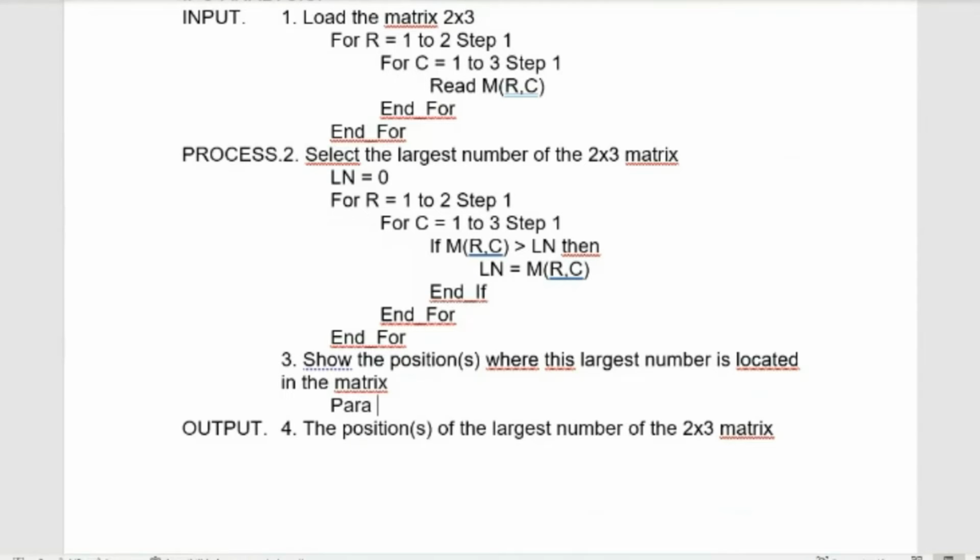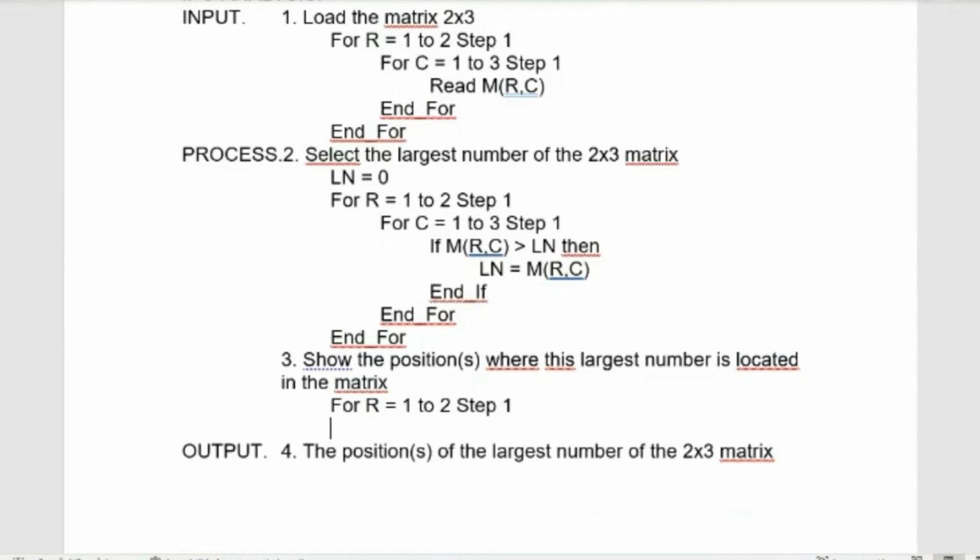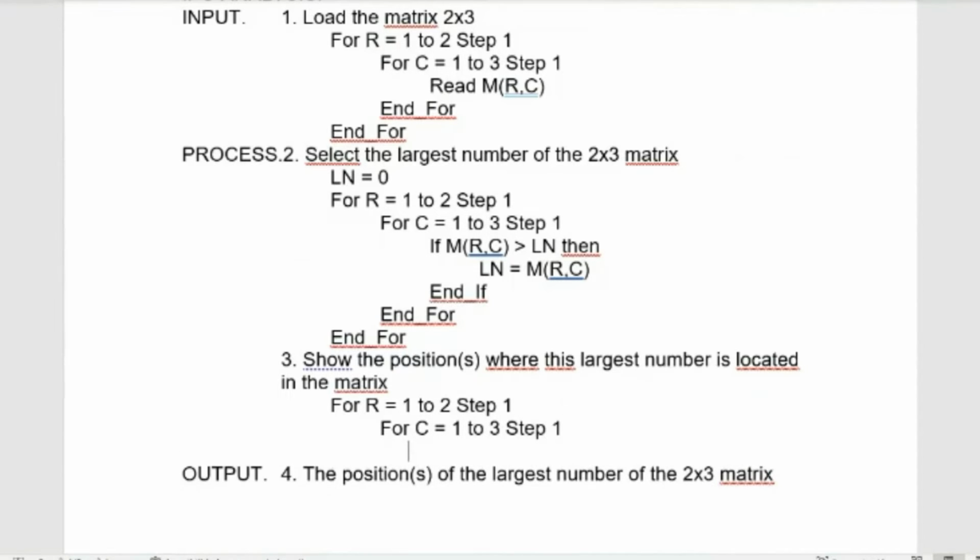Then we have to see every position in the matrix. Then for R from the first position or the first row to the second row with a step of 1. Then for column equal from the first position to the third column with a step of 1. And let's ask if M, the matrix, position RC is equal to Ln,